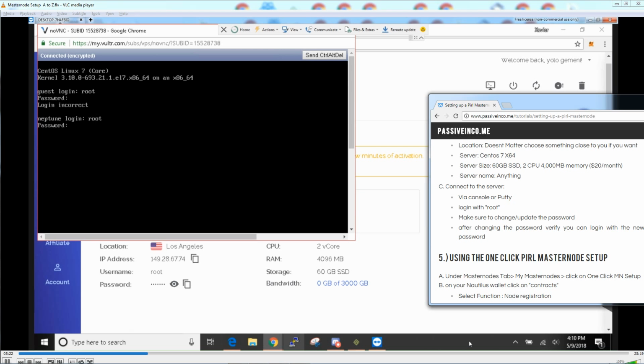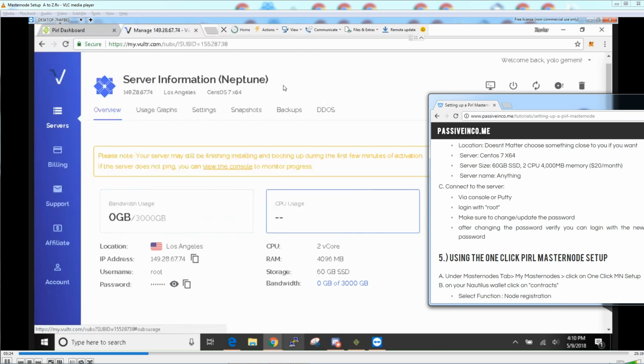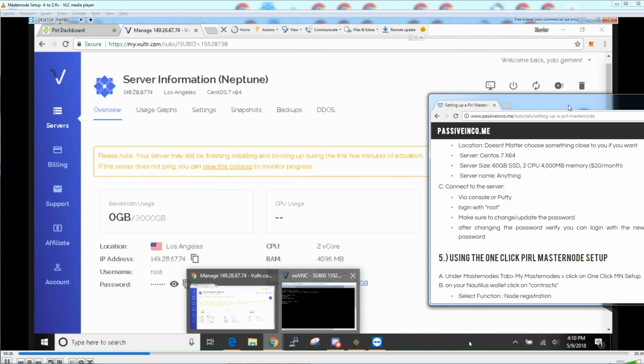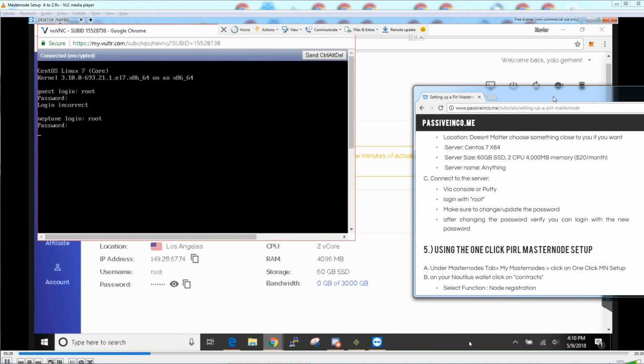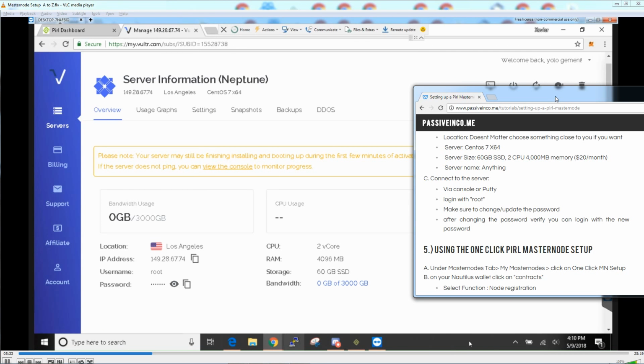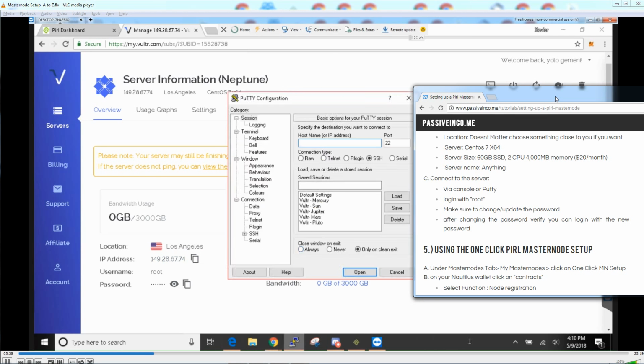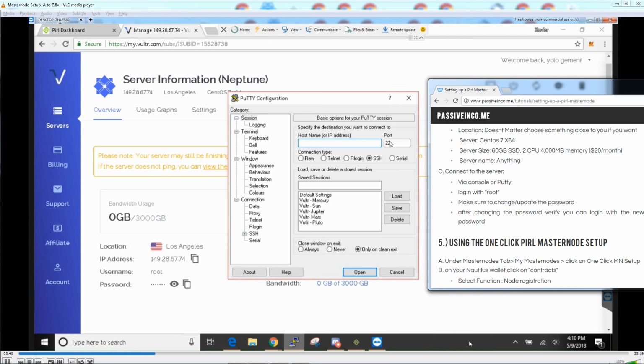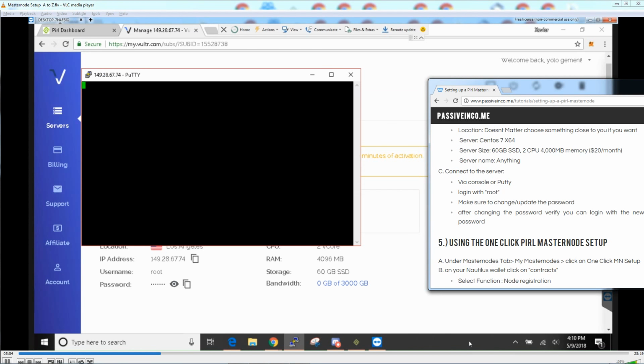As mentioned earlier, we were having some issues logging in with the root password through the console. So we ended up just launching PuTTY and logging in with the same information. So you just enter the host name or the IP address, save the session for it,